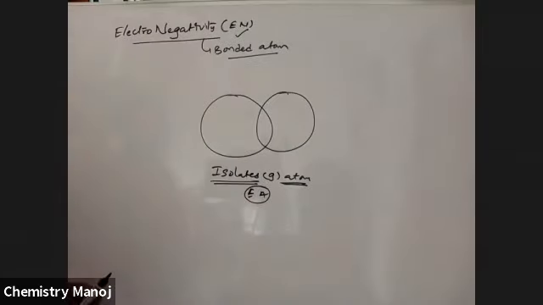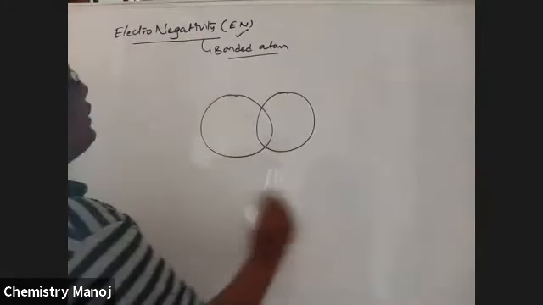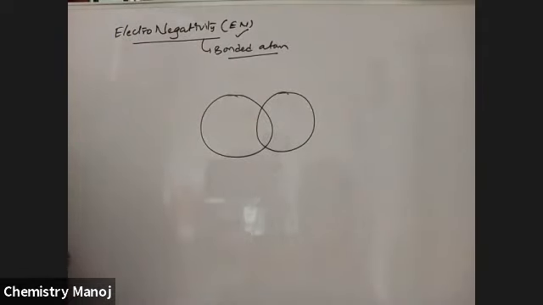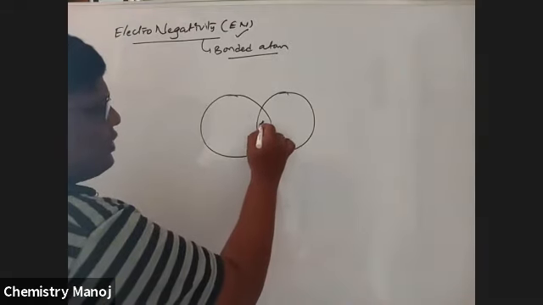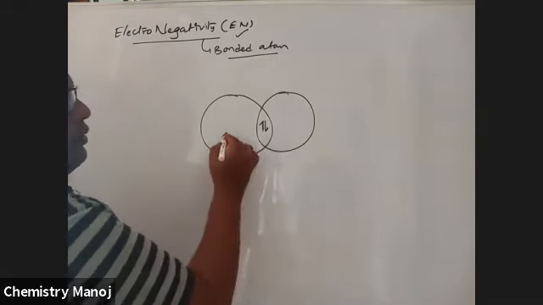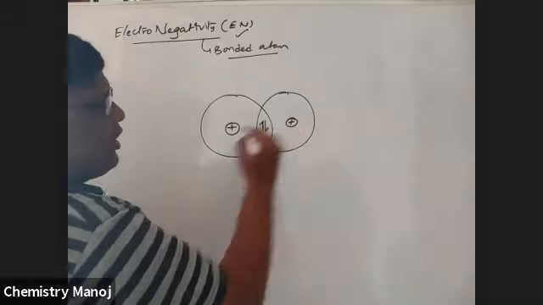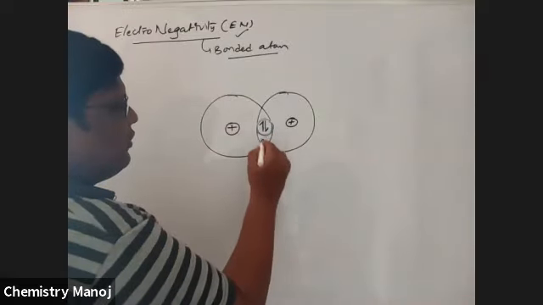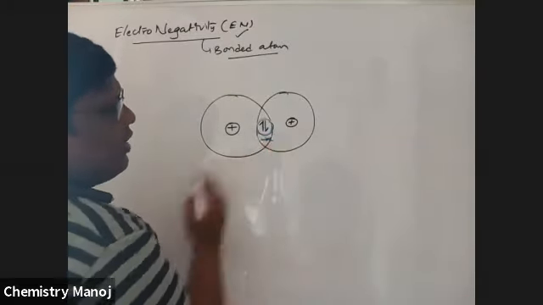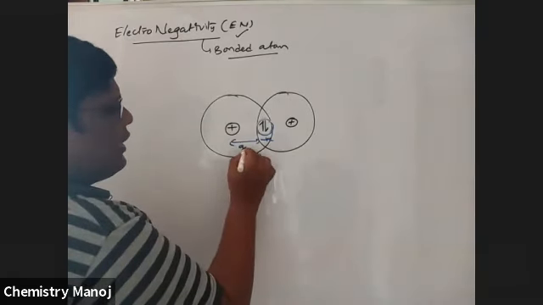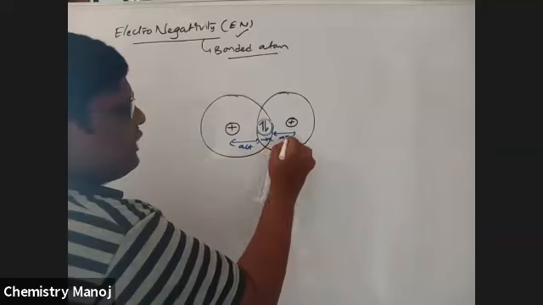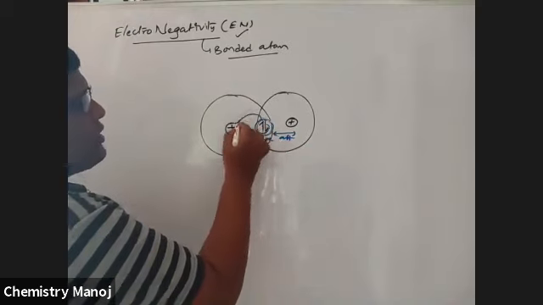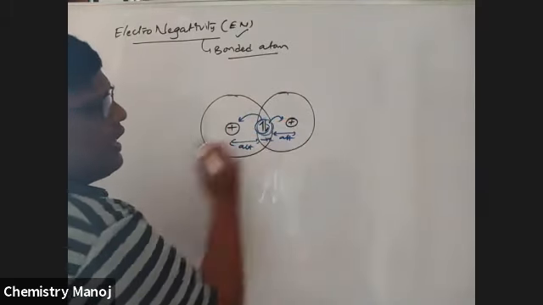Now, what did we observe here? I am going to explain electronegativity. The concept of electronegativity is applicable to a bonded atom. There is a pair of electrons in bond formation, and this is the nucleus of the atom. These electrons have negative charge and the nucleus has positive charge. That means an attractive force is there between these two. Because of that attractive force, the electron pair is attracted by this nucleus, and it is also attracted by the other nucleus.